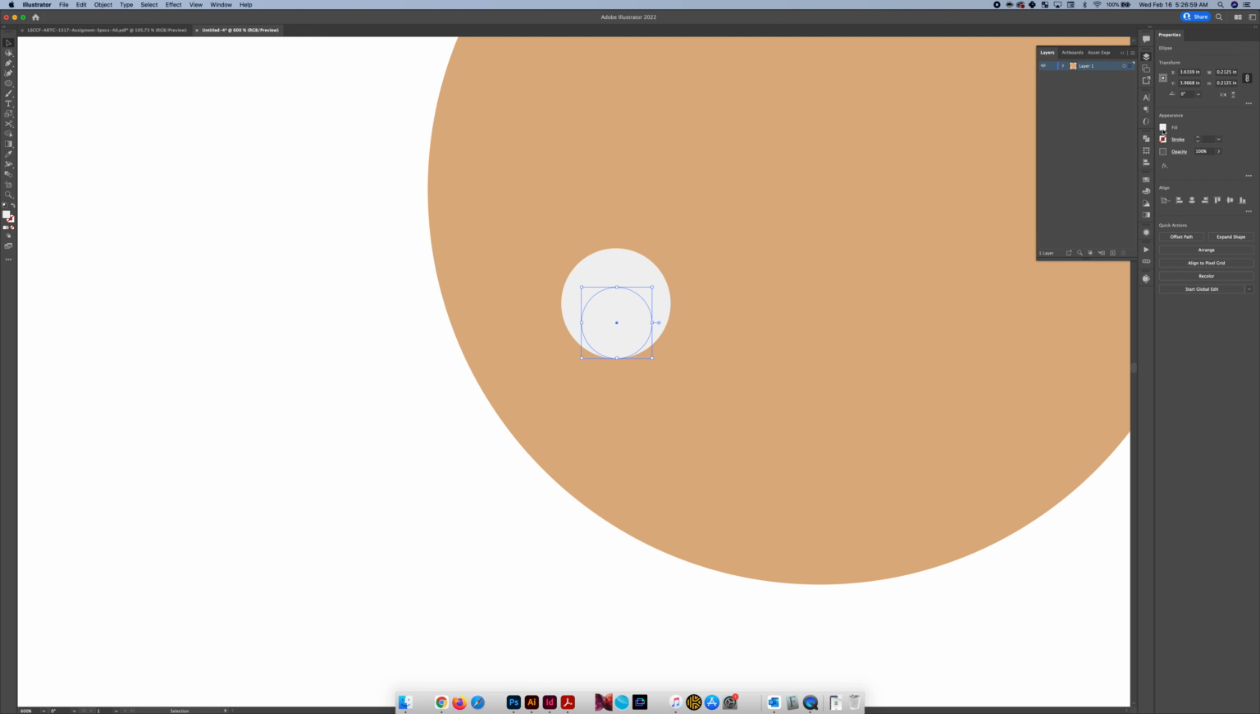Next, let's change the eye color to 84, 49, 36. There we go. And then draw another little circle, a little white one,